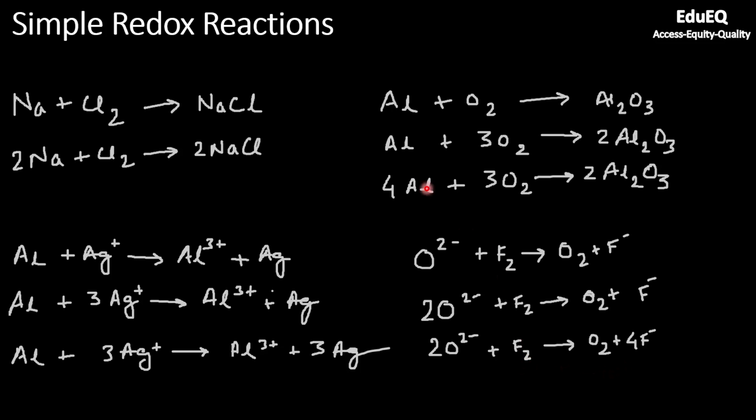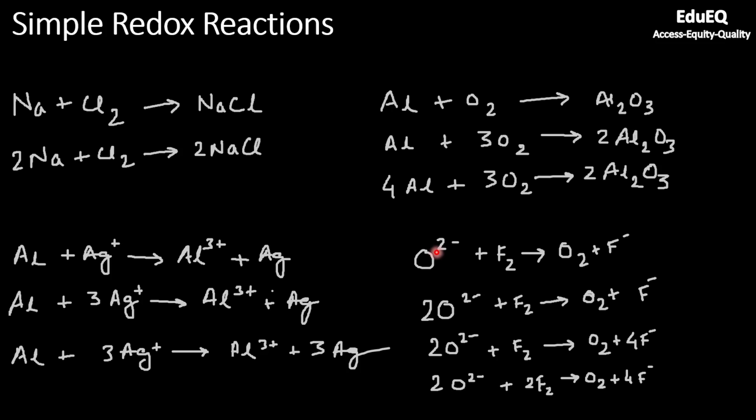But like I said, here also, since this aluminium was alone, it is not in combination with any other atom, you can multiply anything you want here, and it is very easy. That is why I left fluorine for the last. And now you know, to make 4 fluorine, you simply have to multiply here by 2. That becomes the balanced equation.